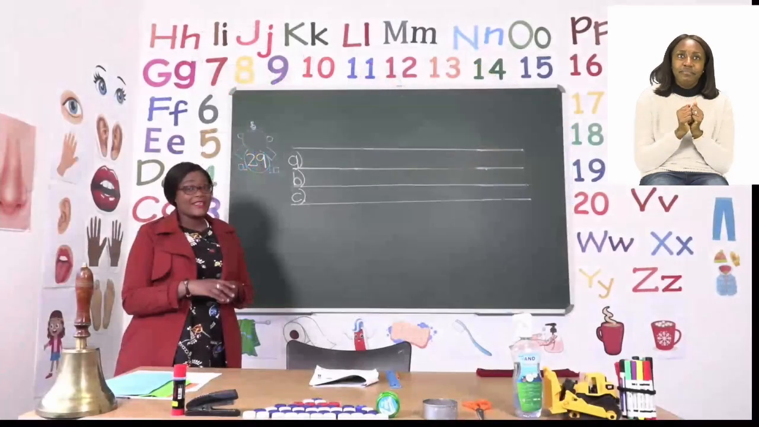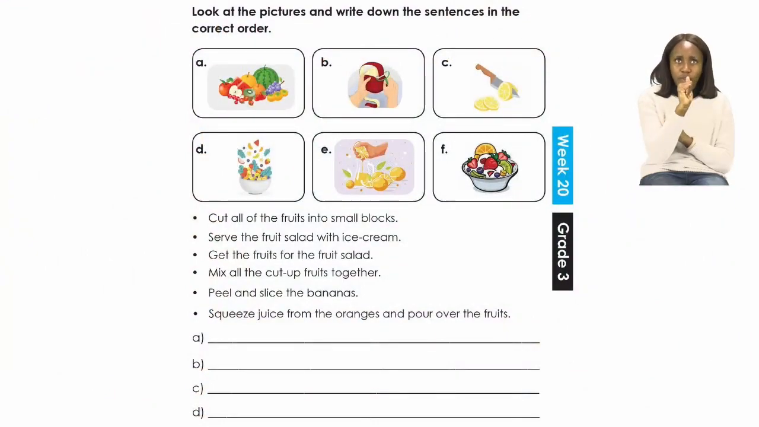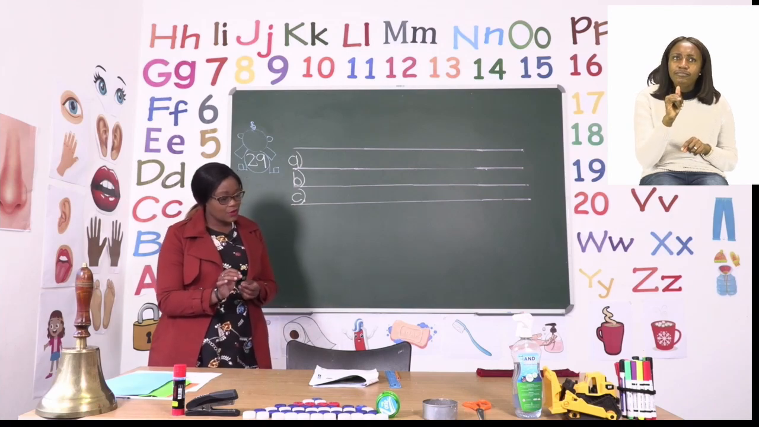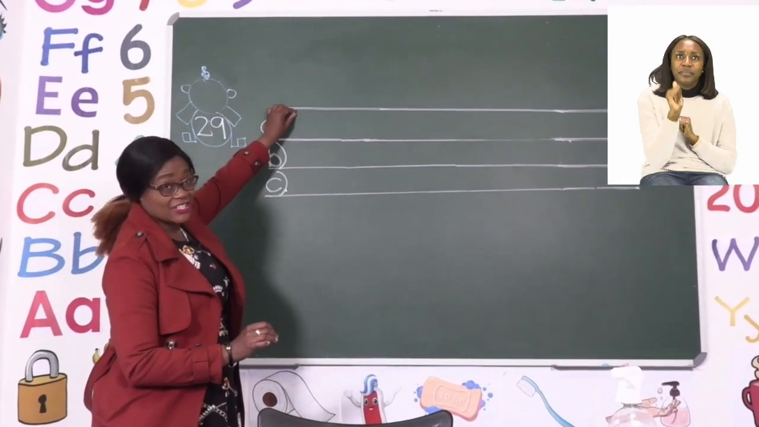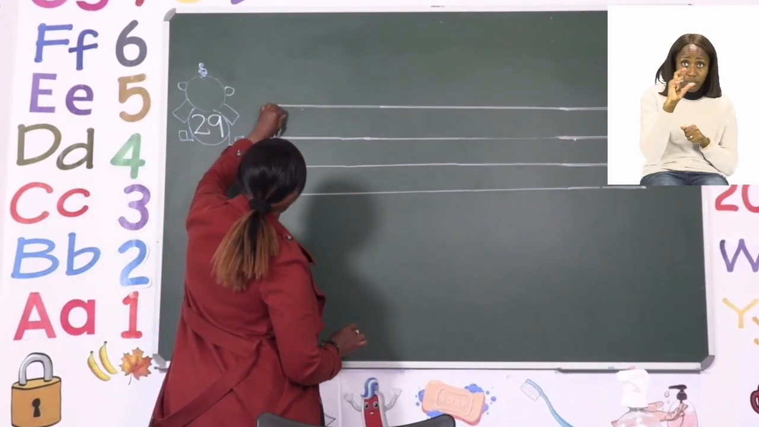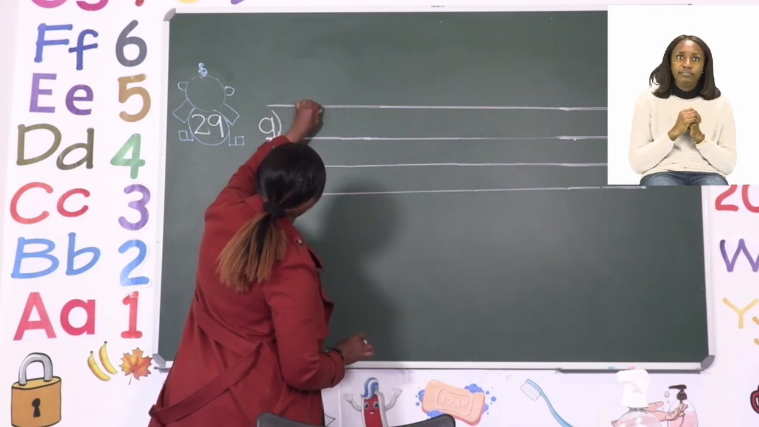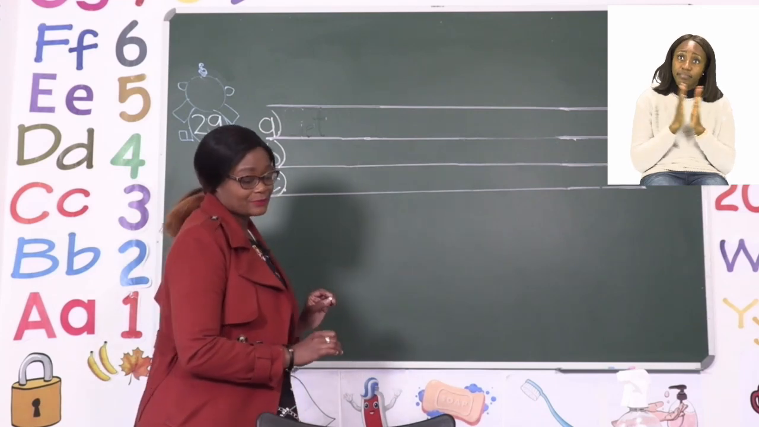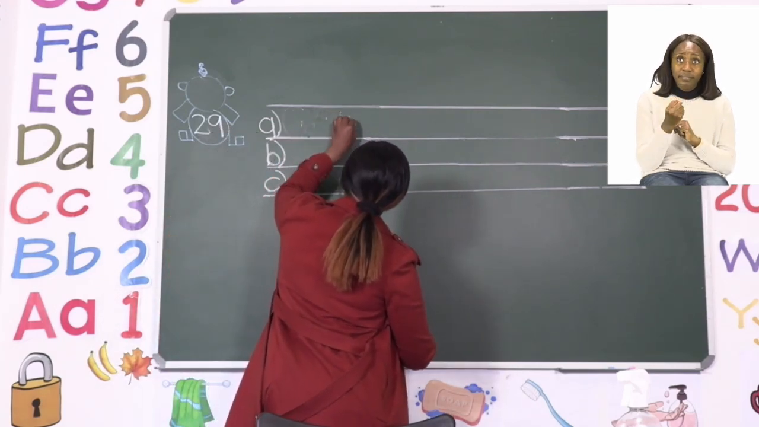Let's take a look at A. A has fruits together. You saw that. So we're going to use the sentence that says, get the fruits for the fruit salad. Capital letter G for the word get, and I want you to follow with me as you are writing. Make sure, boys and girls, that you are practicing good spacing as well. So we're going to say, get the, very good,